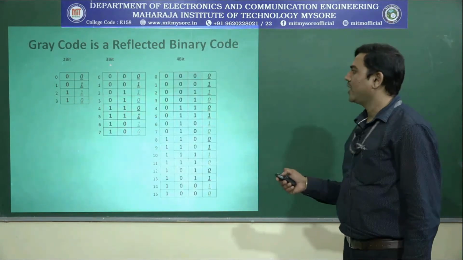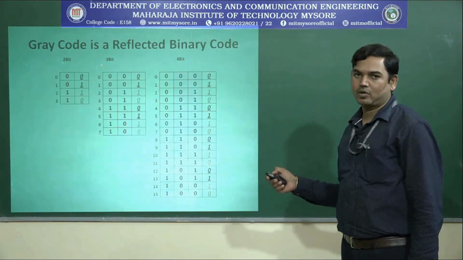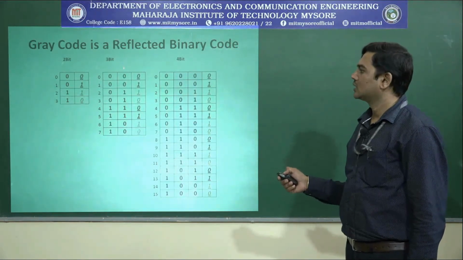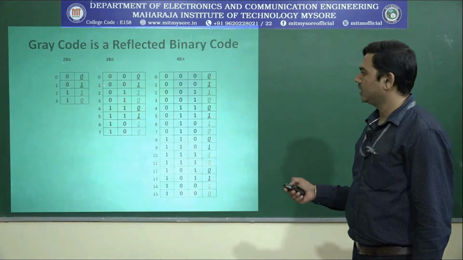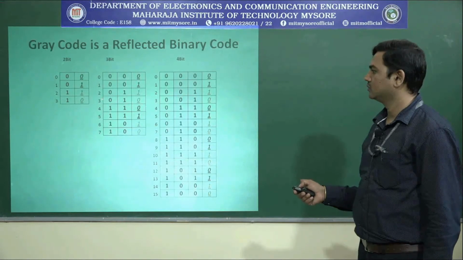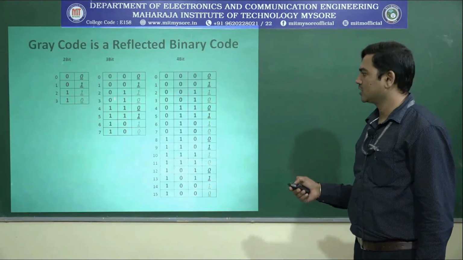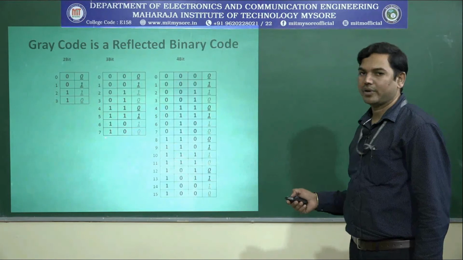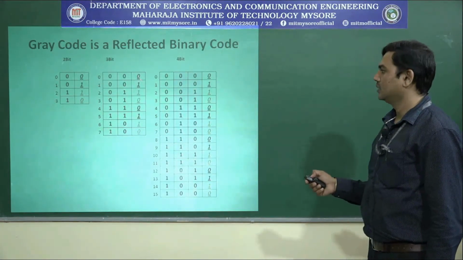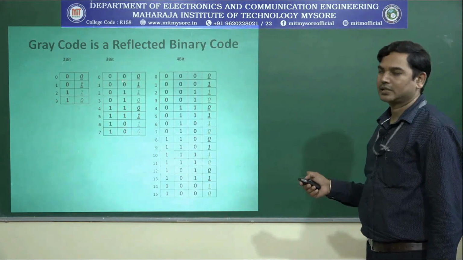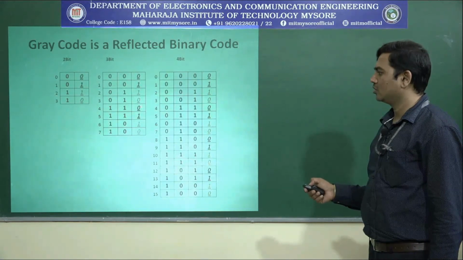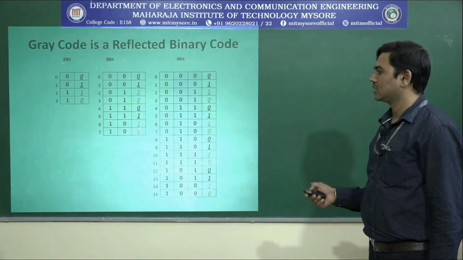We are writing a 3-bit gray code. What is 3 minus 2? That is 1. Select that 1 bit between MSB and LSB. For halfway, you fill the MSBs with 0 and another halfway with 1. The LSB has to be written as described in the earlier discussion: 0 1, 1 0 the mirror, then 0 1 again, the mirror 1 0.